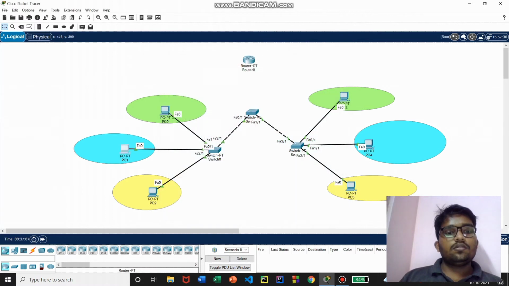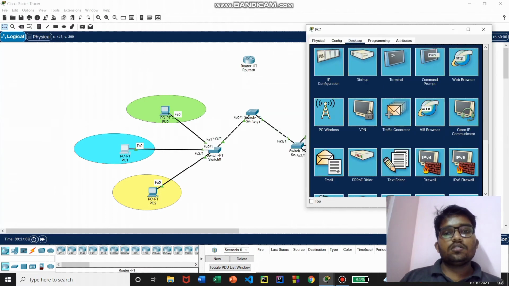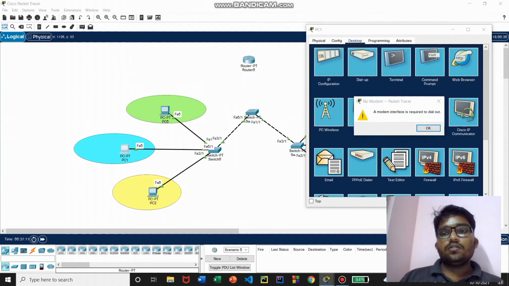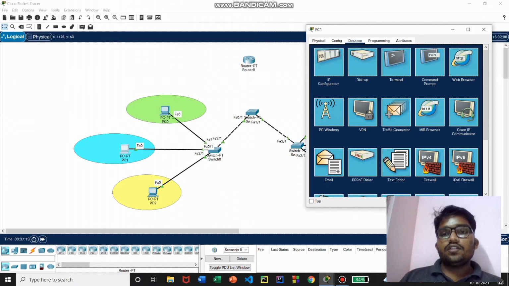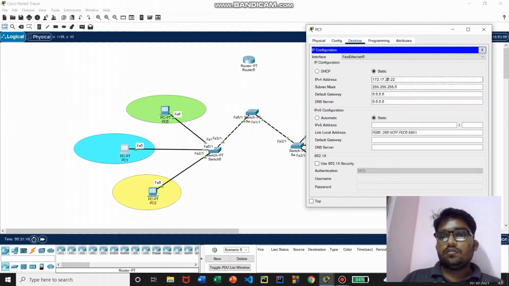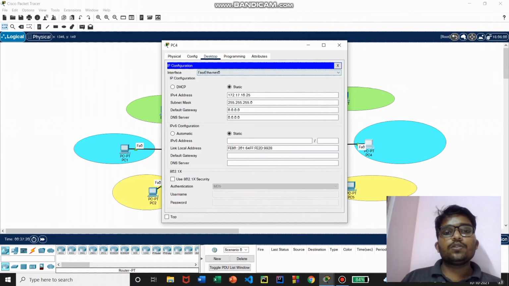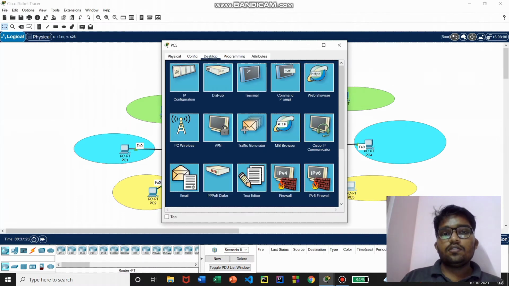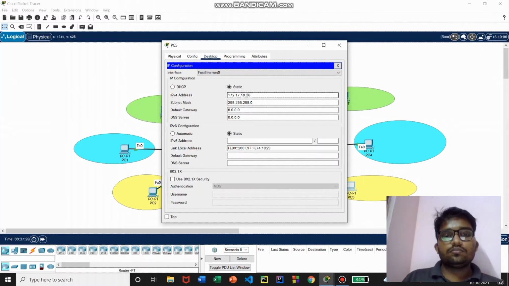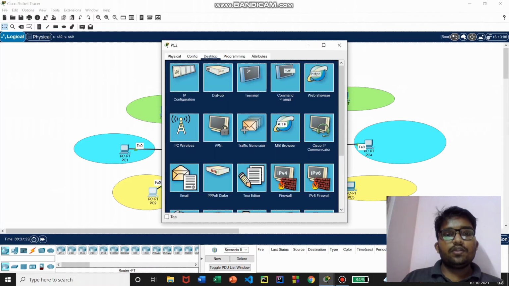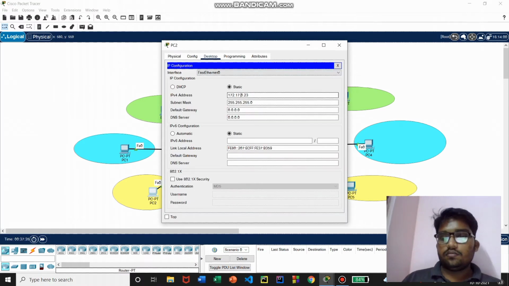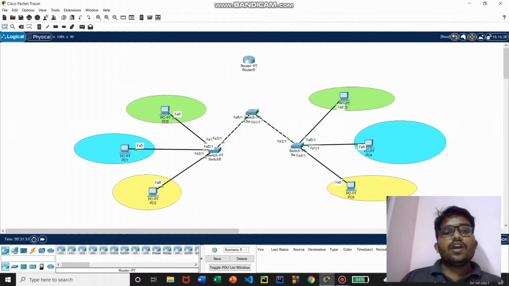Now let me change it to 20, and this one also, since both these PCs belong to VLAN 20. And let me give 30 over here, and let me give the same 30. That's it. Now if you have to perform the inter VLAN routing using a router, what we have to do